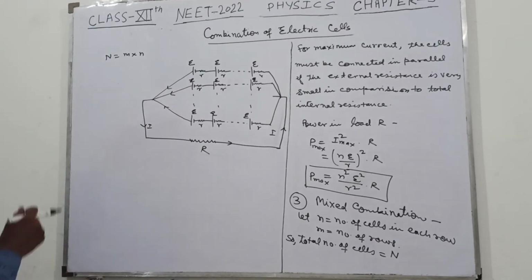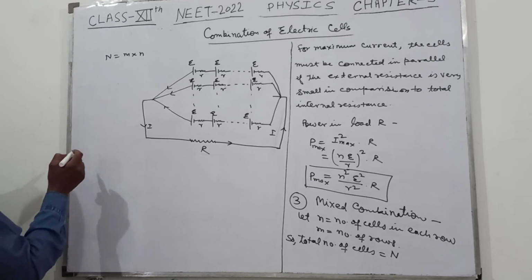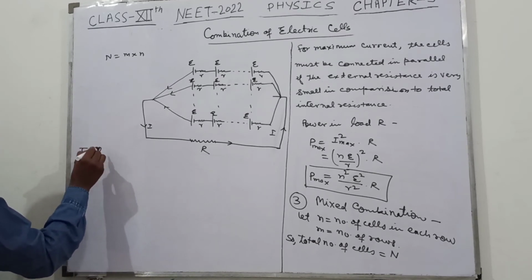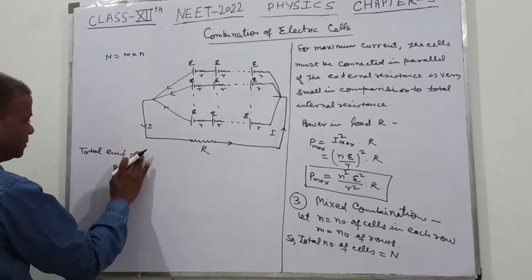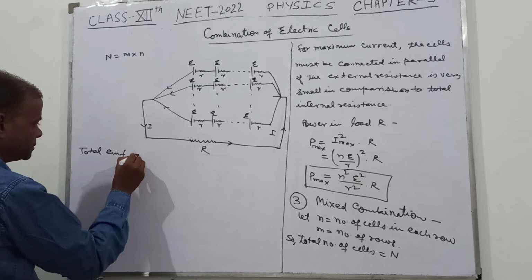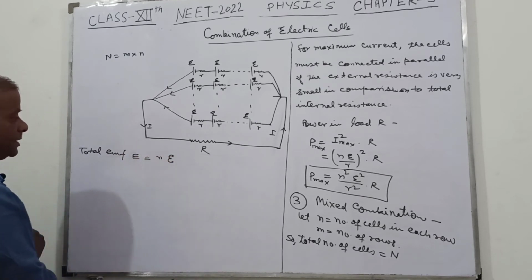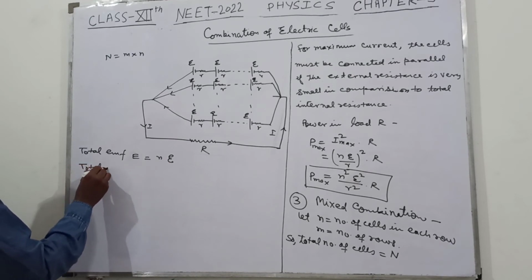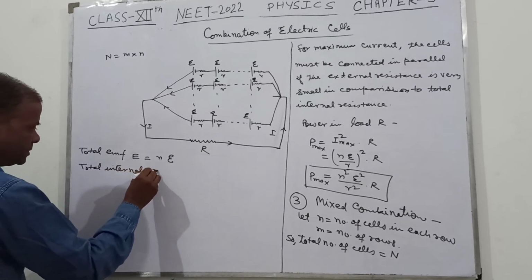So what will happen? The total EMF is equal to nE, and the total internal resistance